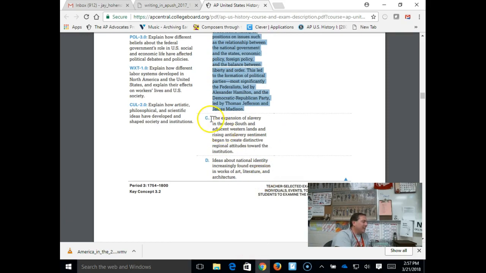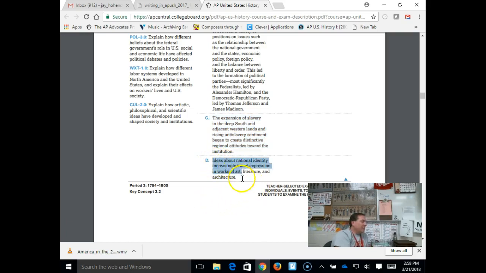Let's take a look at the last things that we have here then. We're going to have the expansion of slavery because of the creation of the cotton gin in the 1790s. This is going to lead to the rising abolitionist movement with manumission as a key centerpiece. And shortly afterwards, they're going to start creating the American Colonization Society with the idea they're going to send Africans to Africa to get them out of the United States.